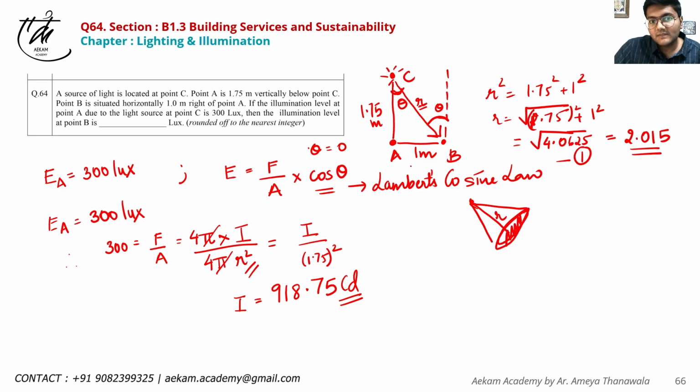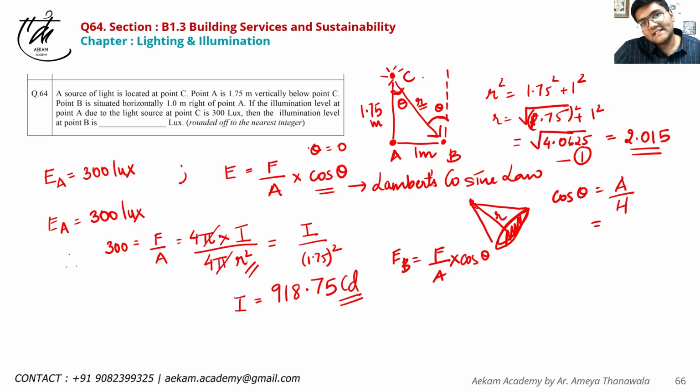Now again from this theta we will have to find cos theta, because we have to find EB now. EB is nothing but F upon A into cos theta. Cos theta is for this angle. Cos theta is adjacent upon hypotenuse always. So for this angle, adjacent is 1.75 upon hypotenuse, which we just found, 2.015. Let's just calculate this. 1.75 divided by 2.015. The value is